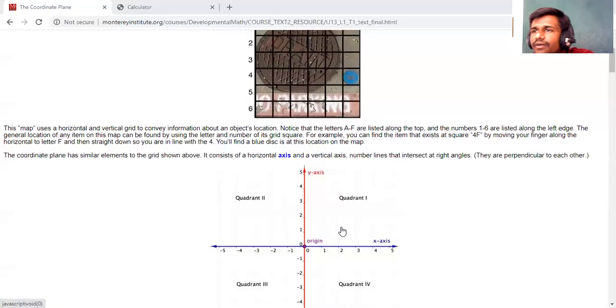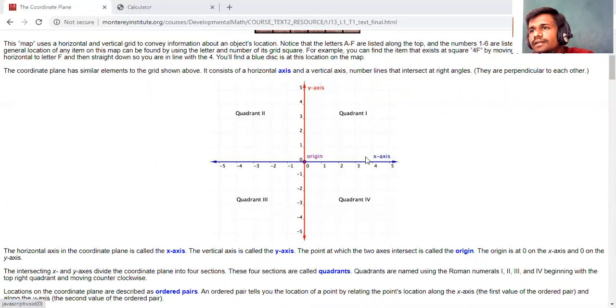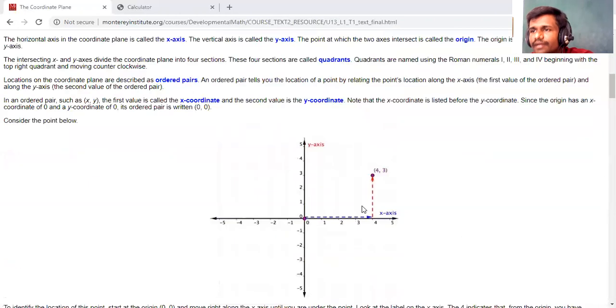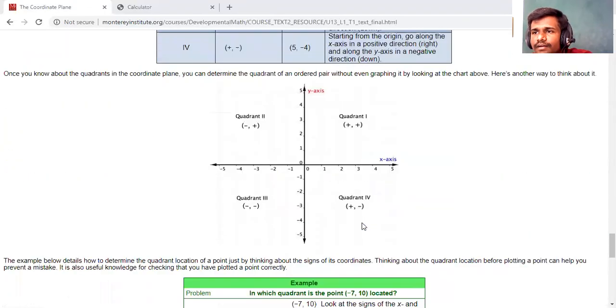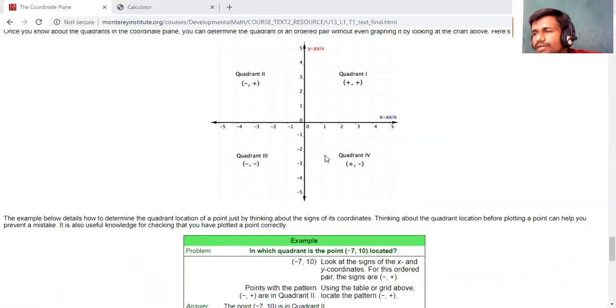Now let us see how to locate a point on a graph. Before that, what points are in the first, second, third and fourth quadrants, and how can we locate them in a particular quadrant of the plane? Observe the horizontal and vertical lines: they are the x-axis and y-axis. The intersection point is the origin, denoted O, and its coordinates are (0, 0). Here we have the positive x-axis, and above zero is the positive y-axis. So in the first quadrant, all values are positive and positive. Always locate the x-axis value first and the y-axis value second.